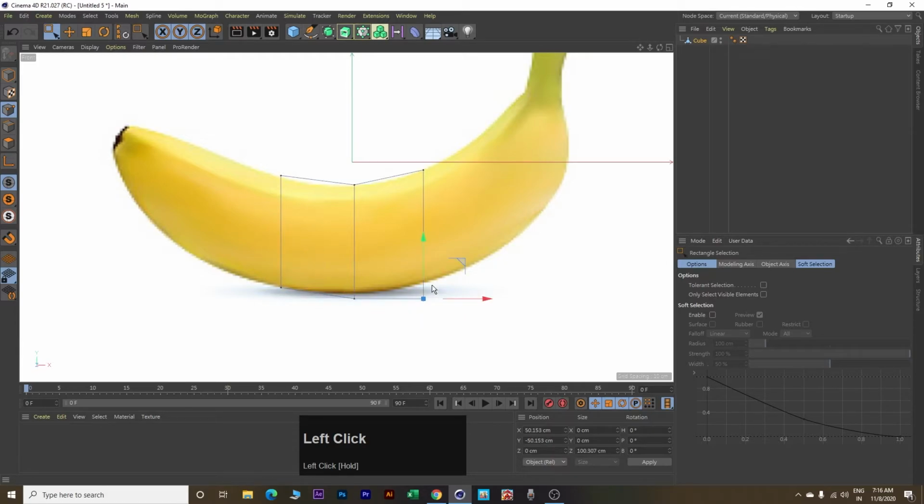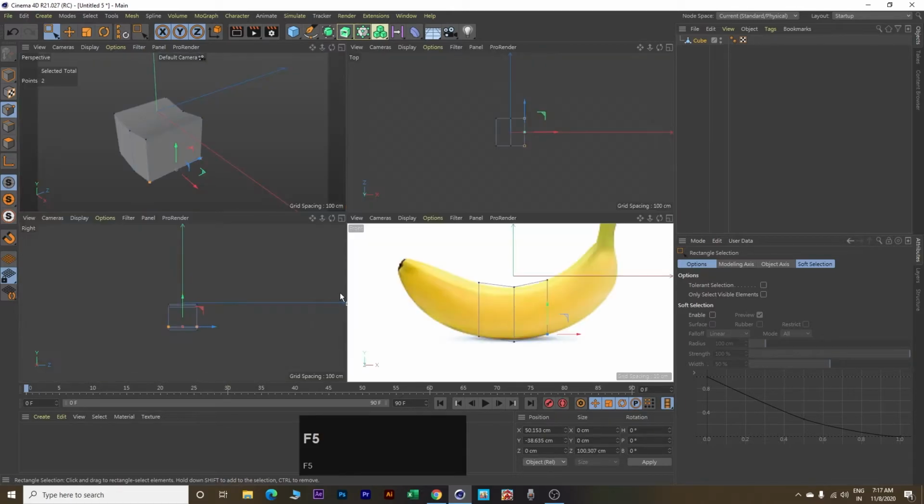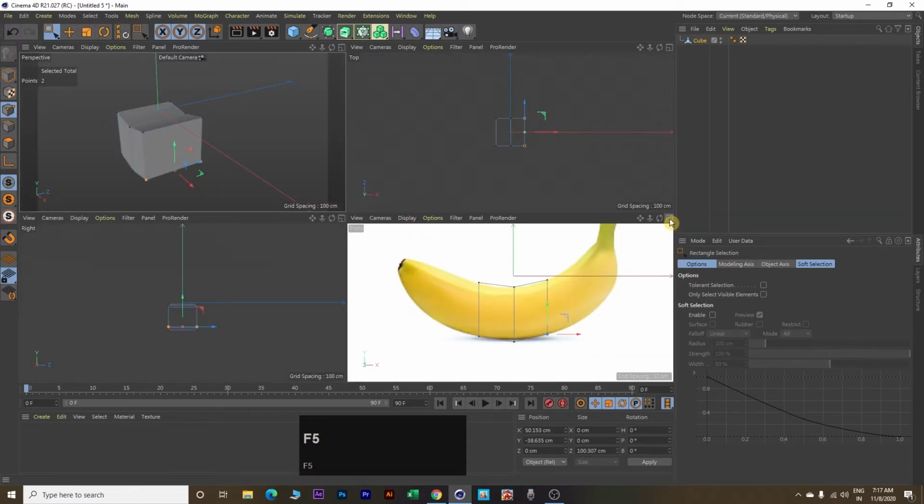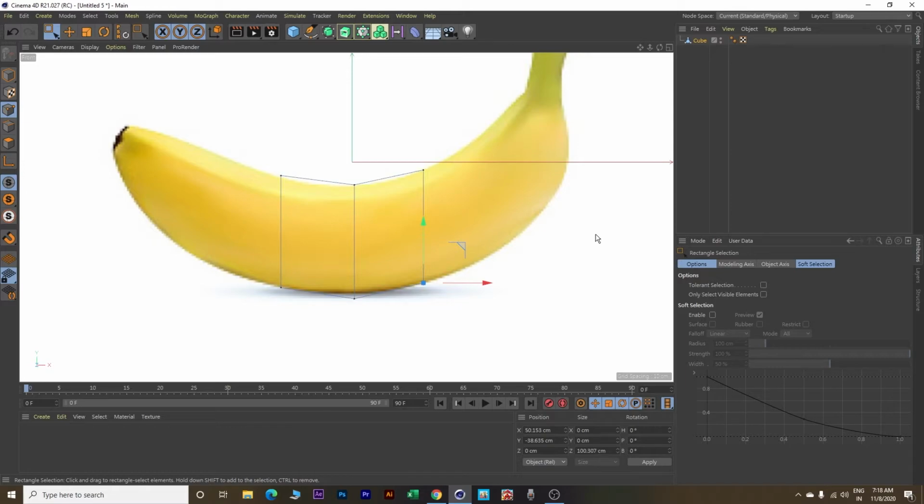And here we will select these points and move them a little upward. Here again a little upward. So what we are trying to do is to make our cube look similar to a banana object. Now I will click F5 and go to my perspective view. Maximize perspective view. This is just to show you how our cube now looks. Again click F5 and go to front view. Maximize the front view. Next we will make a couple of loop cuts again.